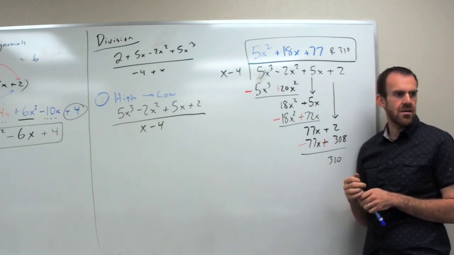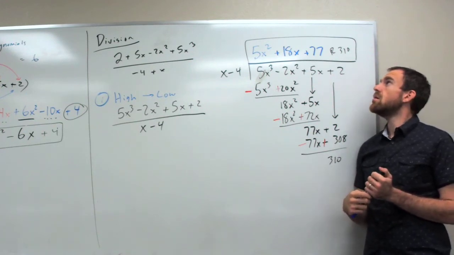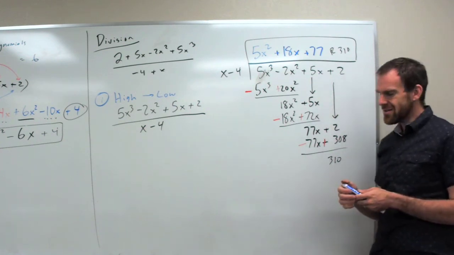Yes? Couldn't the remainder be added on to the 77 because it's both the same value of x? No. It cannot be. Because technically,